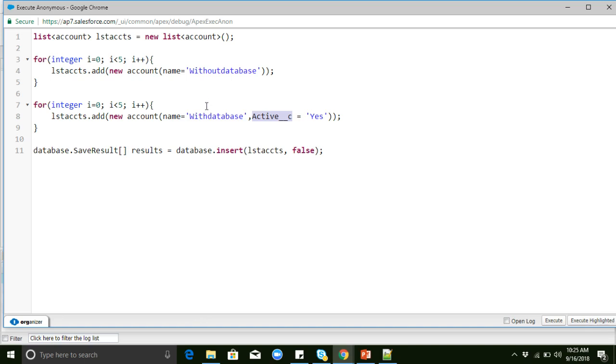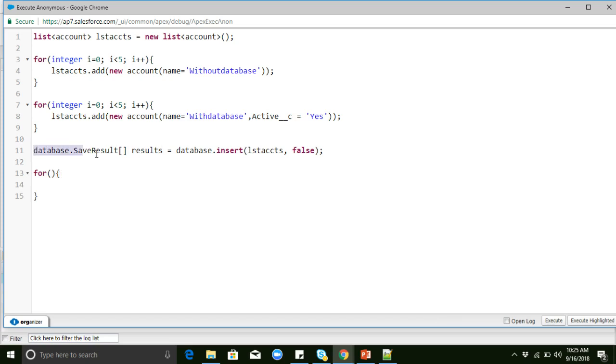Using normal insert, we need to enter all the required fields in normal DML operations like insert, update, and so on. For example, if we want to check which fields are required at the time of insertion, we can iterate over the results and check how many records are inserted. I will write sample code here, so we can check which records are inserted and which are not.